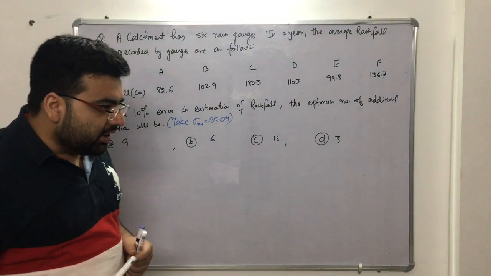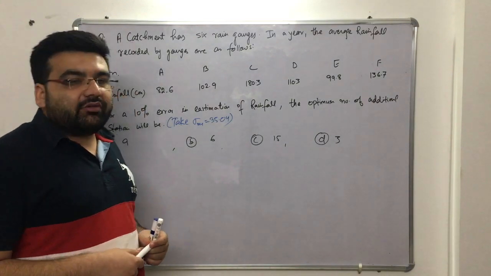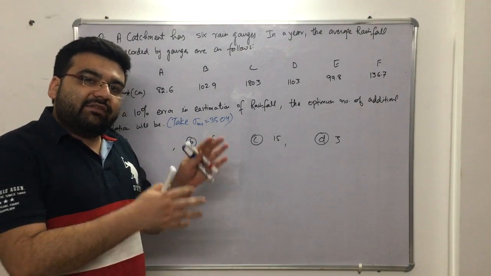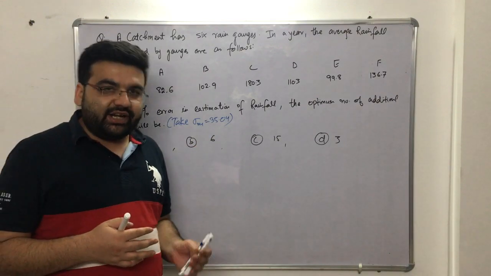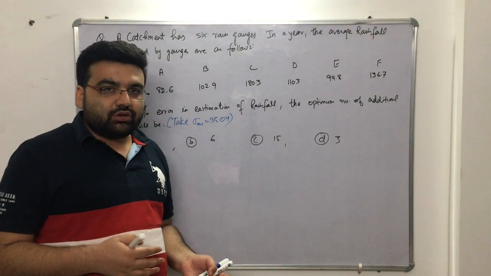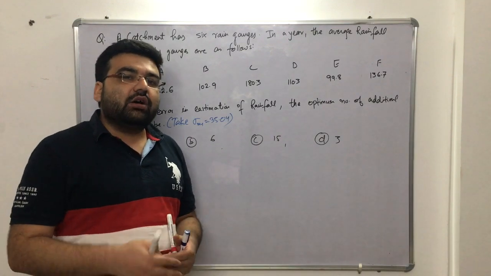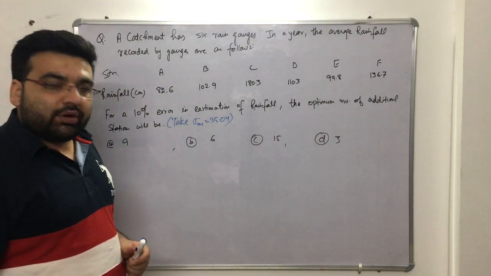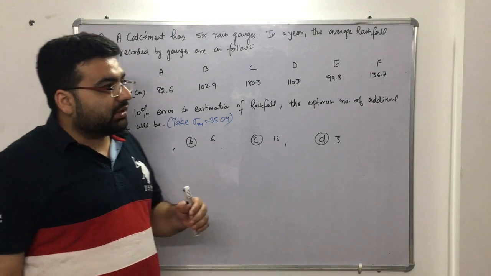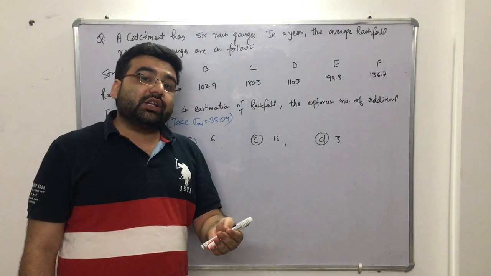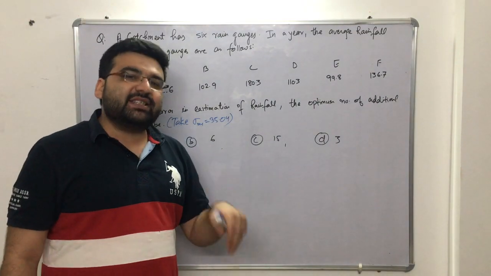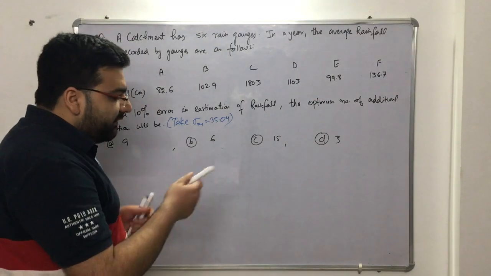Measurement of rainfall. So now students, let us solve numerical number 1 on measurement of rainfall. We have discussed the types of rain gauges, the other names of rain gauges given by the IS code and the World Meteorological Organization, WMO, and the various instruments used for the measurement of precipitation, basically rainfall. So now let us solve the first numerical.